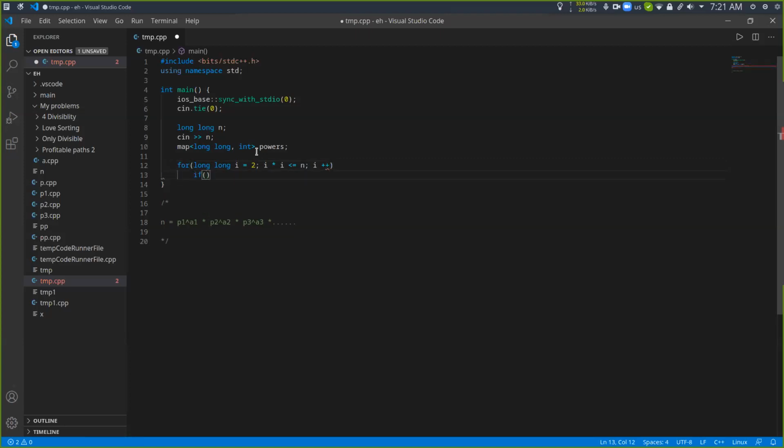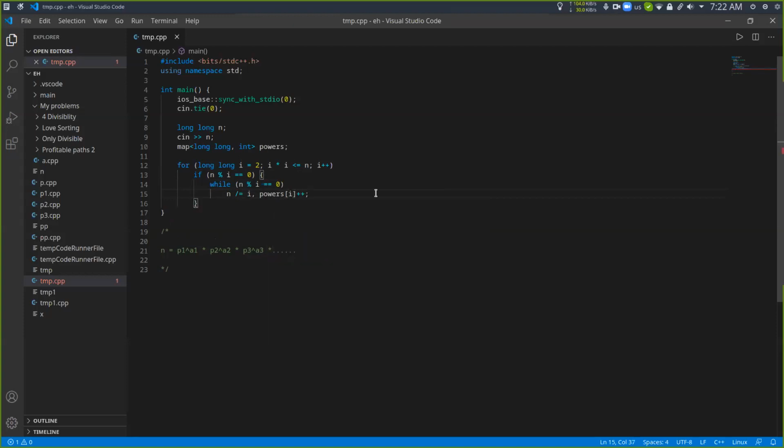So if n mod I equals 0, then I've found some prime which divides n. Then I'll make this while n mod I equals 0, then n divided by equals I, and then powers